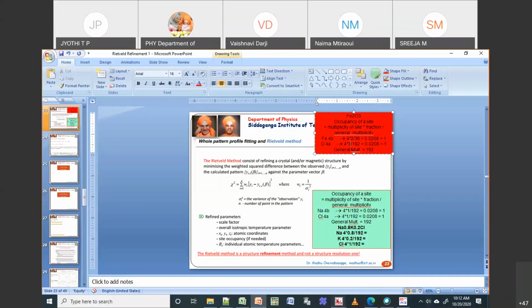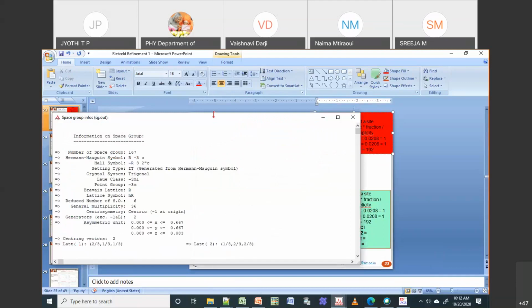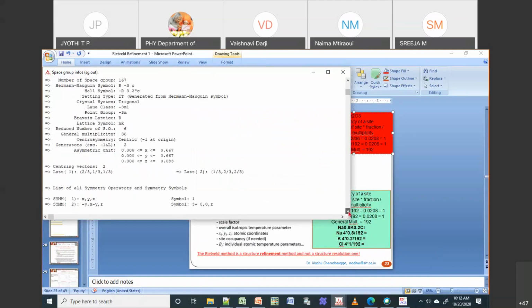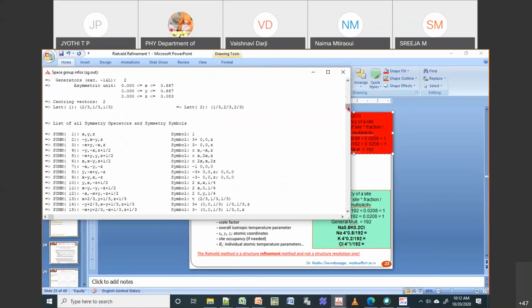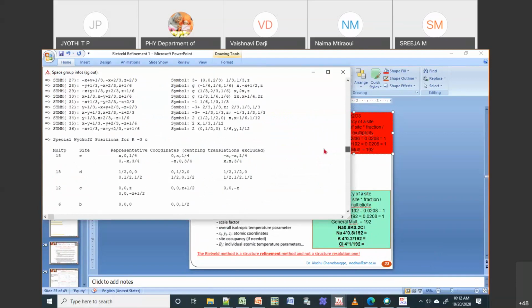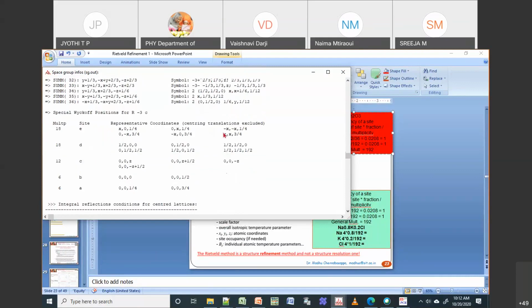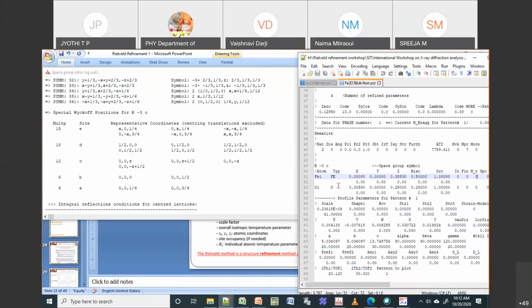So for this again I will go back to this one and I should know which site. So for that, I just go down. There are different sites here. So if I take Fe, it is at 0 0 some value.